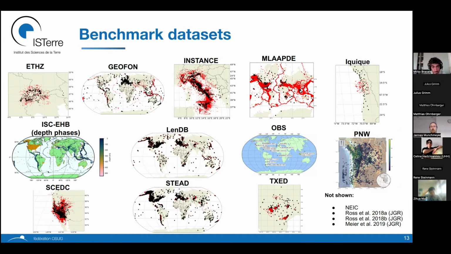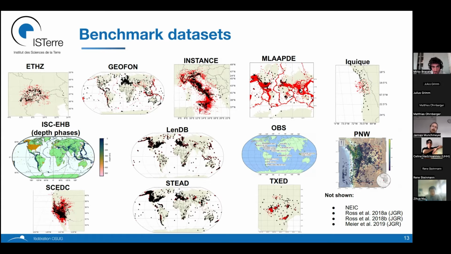We have a bunch of different regions like Switzerland, Italy, the Pacific Northwest, Texas. But we also have global data sets that compile information from many local distances, but all over the world, or teleseismic events. We have depth phases, and we also have OBS data sets, so ocean bottom seismometers.